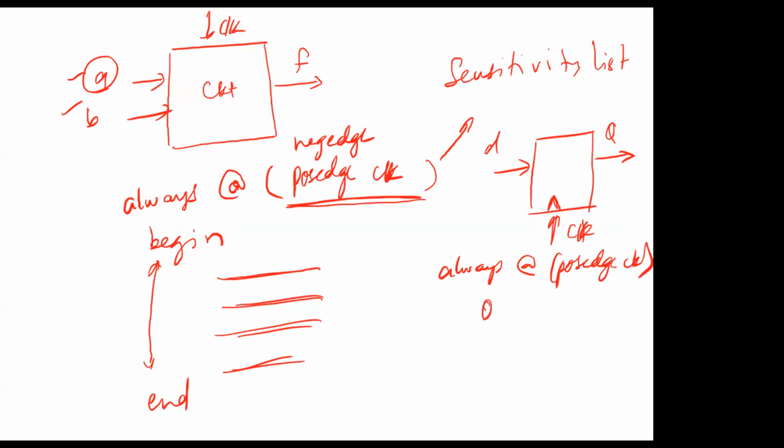You have begin and end. Q is assigned to D, right? So this is one kind of assign statement where your D, or the data that is present on the input, is always assigned to Q whenever there is a change in the trigger of the clock, or at every positive edge of the clock, right? So at all these edges, your data is getting assigned to Q. So something like this. You'll understand what this is in much more detail in future, but as of now, if you're using clocks in your design, that's what happens. Is it clear?